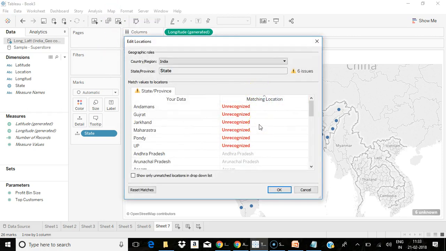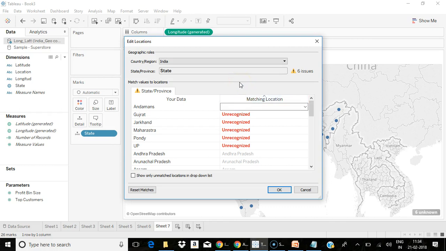Tableau either automatically maps the location, or it will show as unrecognized or ambiguous. If it is unrecognized, it may be due to some spelling mistake or different names not matching with Tableau's locations.